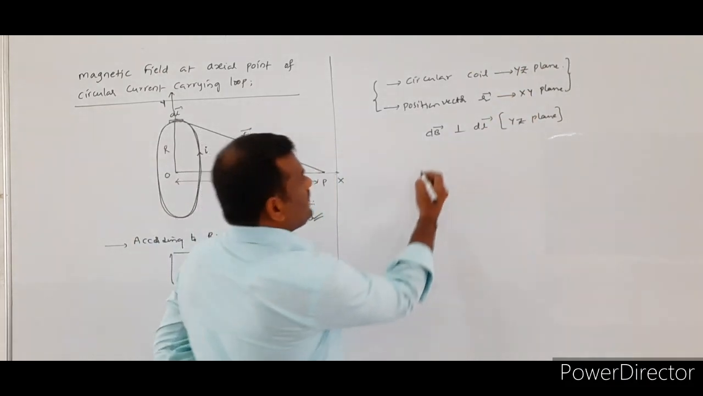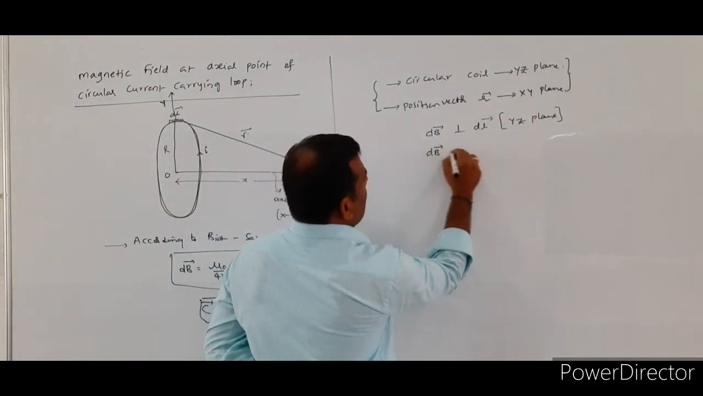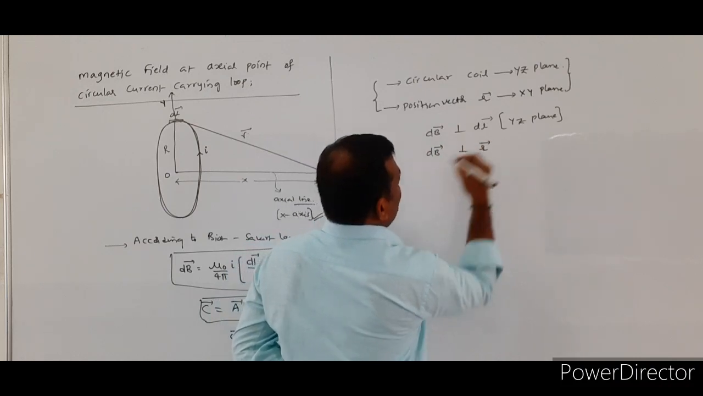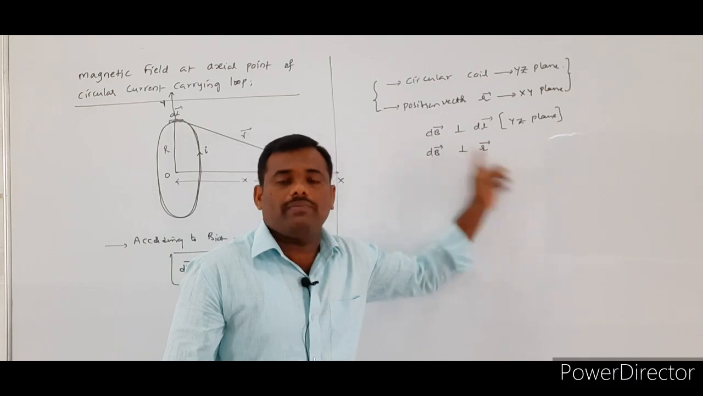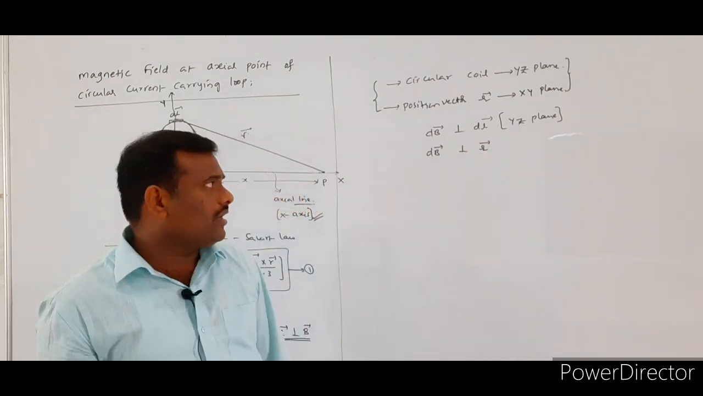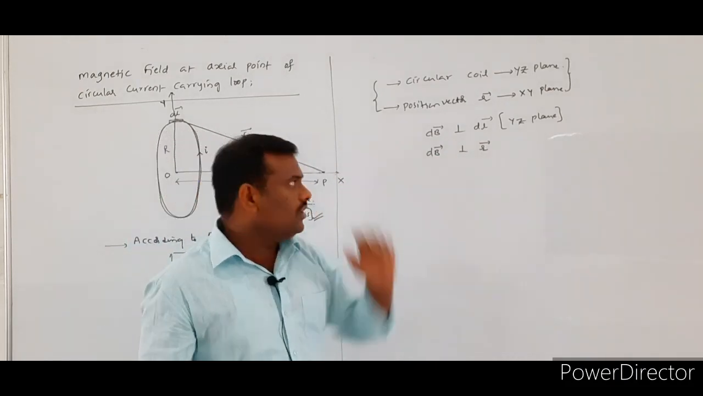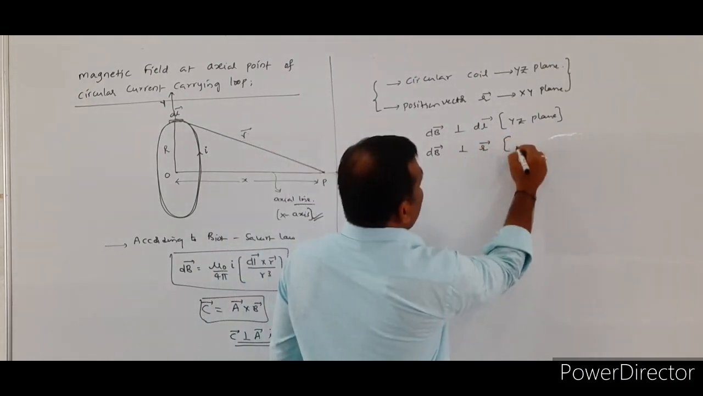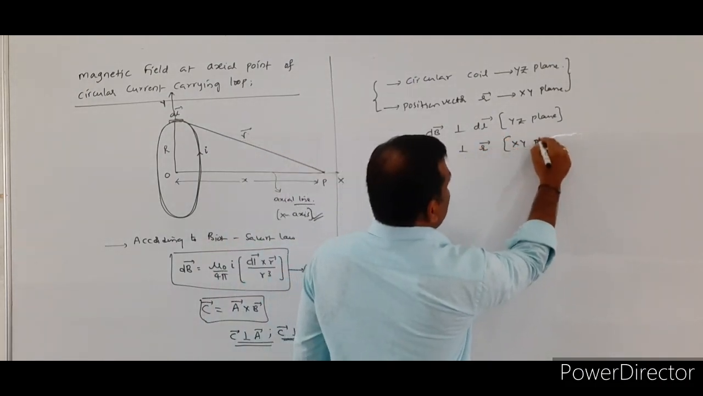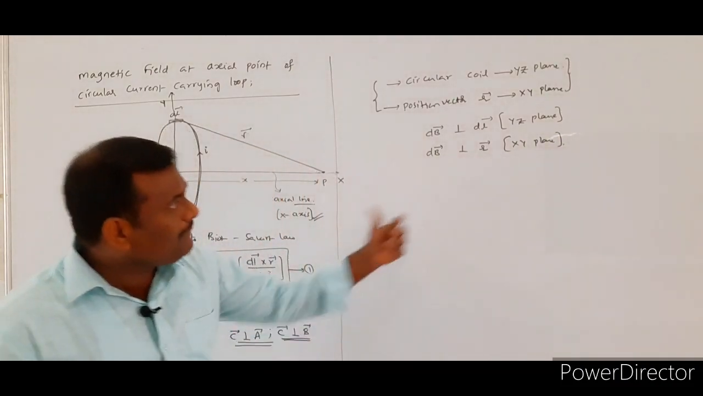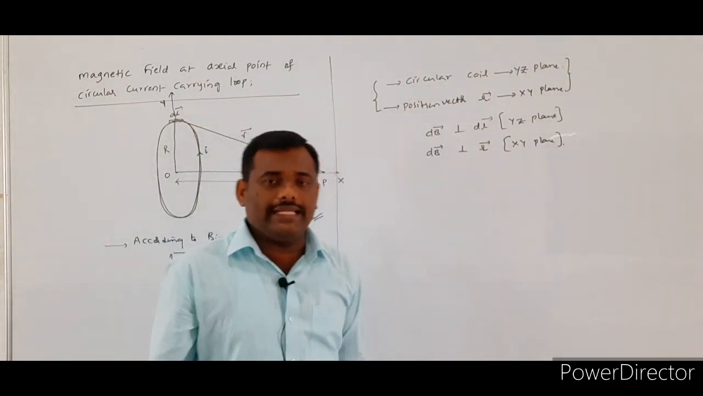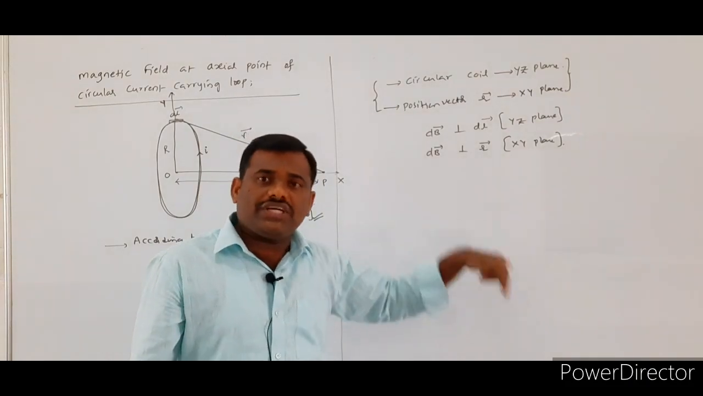And also we write, dB bar is also perpendicular to position vector r bar. dB bar is also perpendicular to what? Position vector r bar. So the position vector will be placed in which plane? XY plane. The position vector will be present in which plane? XY plane. That means from this, we will say again, the plane in which dB bar